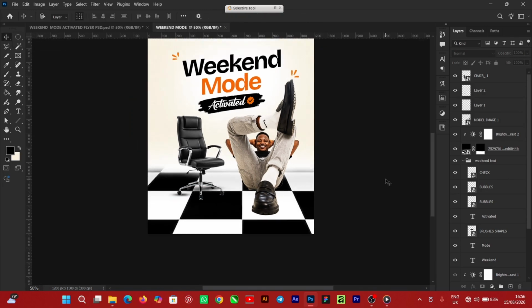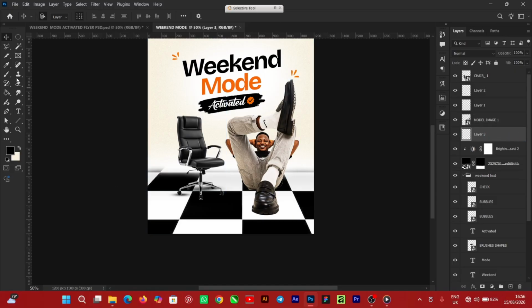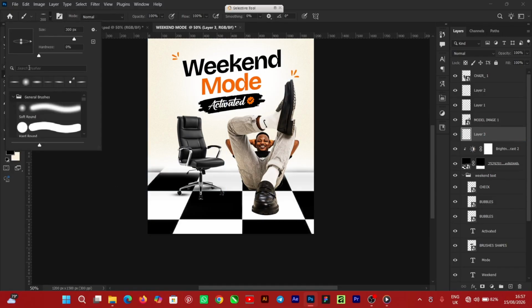So the next thing to do is to just put shadow on this particular image. I'll click on the image. So I'll click on here, create a new layer beside this. I'll head over to my brush. I'll click on this guy. So I'll choose normal one for now. So I can rotate it